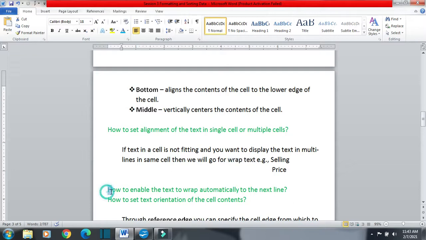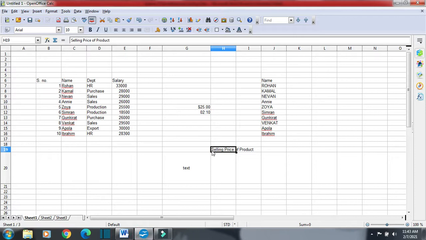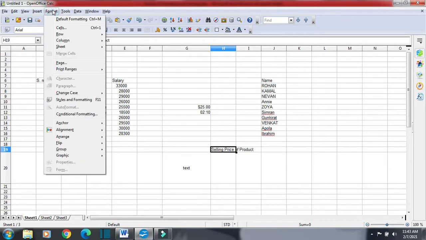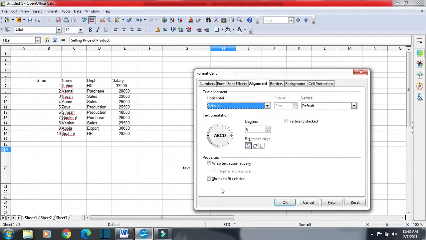Now the question comes, how to enable the text to wrap automatically to the next line if the space is not available in the cell. You can see the space is not available in the cell and I want the text to wrap automatically. So I will click on Format, then Cells, and here we will select Wrap text automatically.